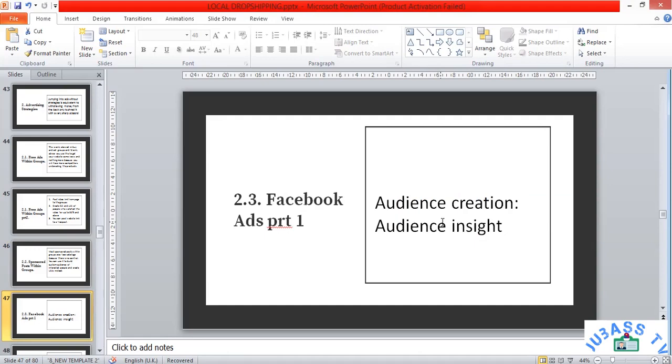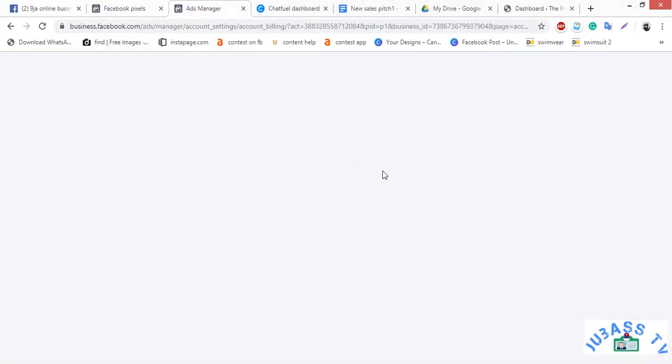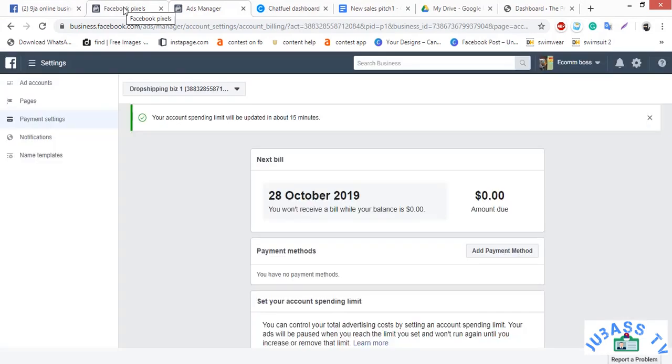Now, if you don't know what audience insight is, audience insight is part of Facebook Ads Manager, where they give you access to the data on users of Facebook. This data is only available to advertisers on Facebook, people who want to use the Facebook Ads Manager to create ads and target their audience.